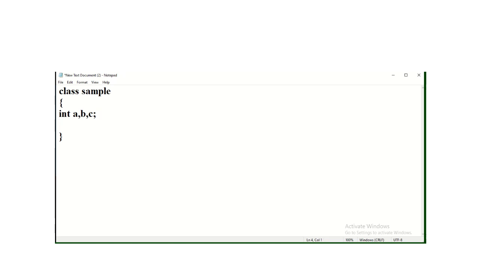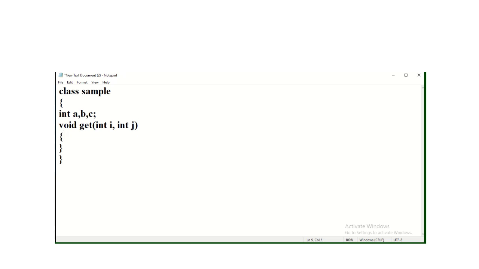Now a method, void get, which contains two parameters, int i, int j.